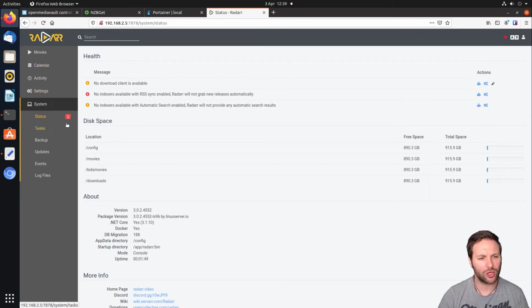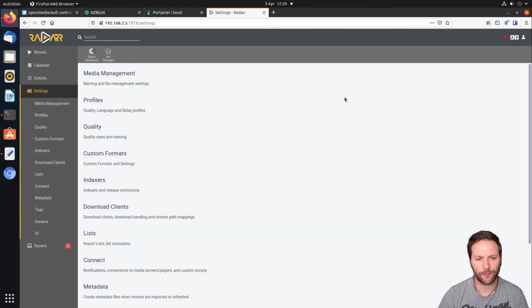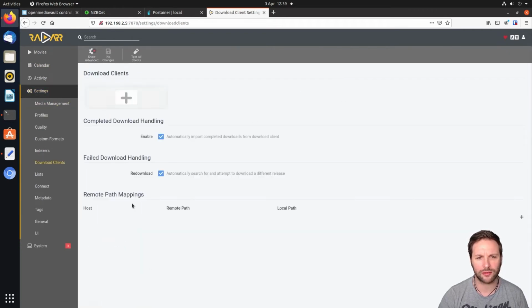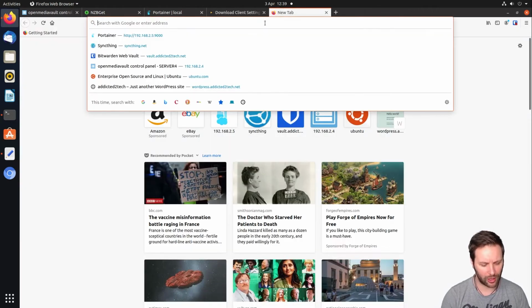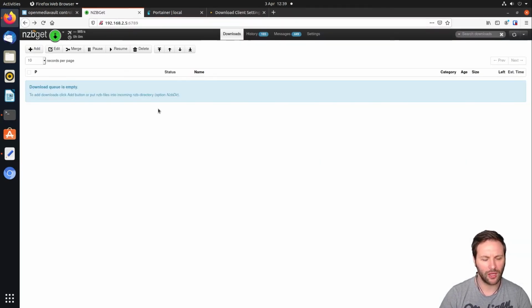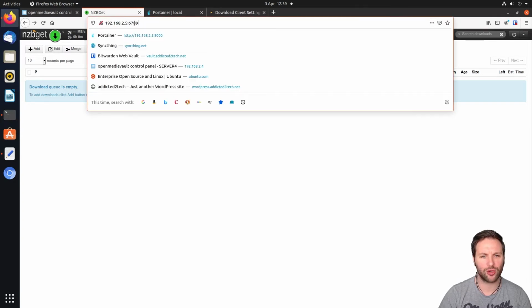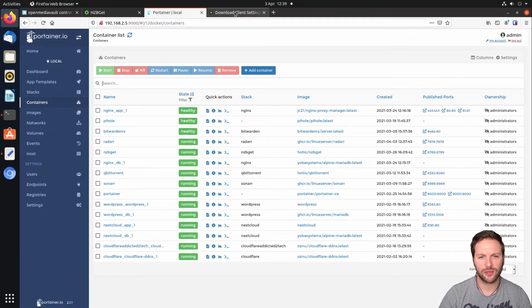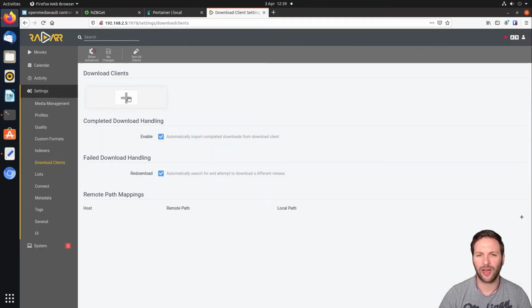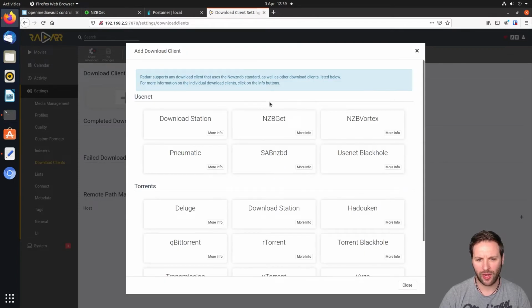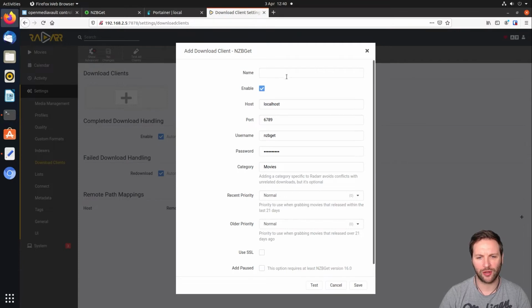So we're going to go into our settings here, and we're going to come down to download clients. And as you know, last week we did our NZBGet, which is here. We know this is on port 6789. So we're going to come back into our download client and click plus. Then we're going to come to this section where it says NZBGet, and we're going to put in a name,